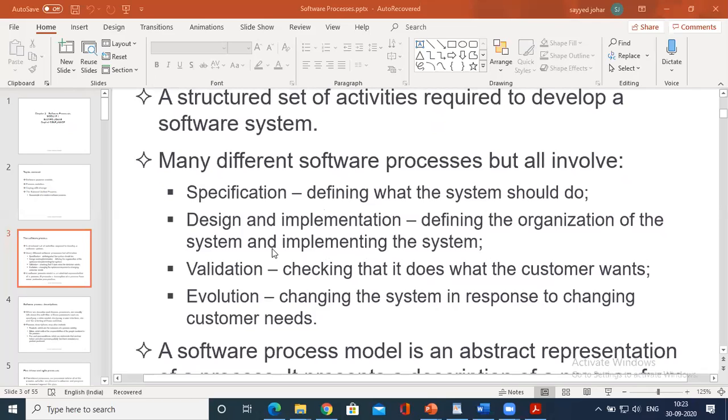And then is validation. The validation process is a concept based on the testing process. You have a set of inputs and a set of outputs based on which you will validate the data. Then is the evolution. As discussed previously, with the changing trends, the software has to be modified. It is a migration, I would say.